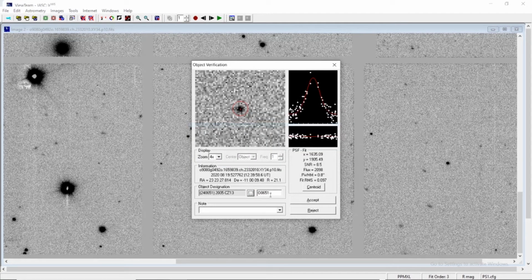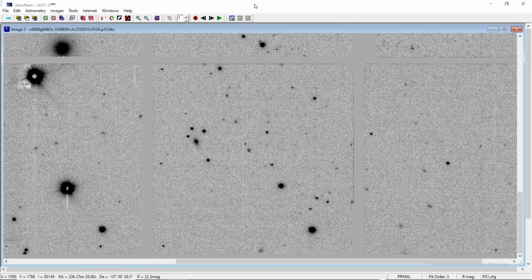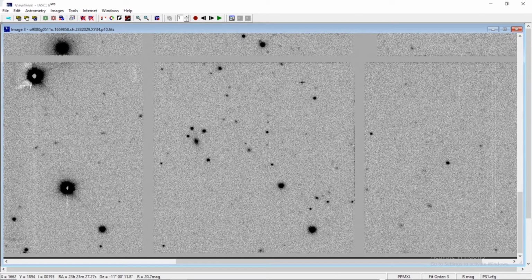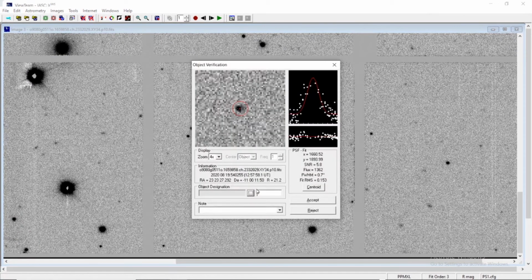I put it as a packing fraction, replace all these 5 dots, and put my name, IND 0002. Be very careful in naming. Any mistake, and all your hard labor will be gone. You will have to do the MPC report again. Here it comes. Go for the object designation